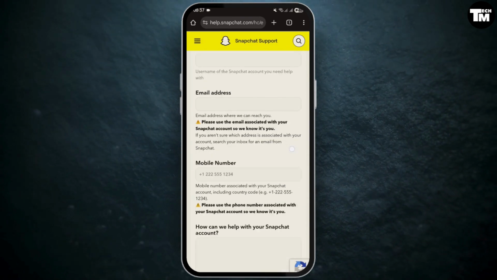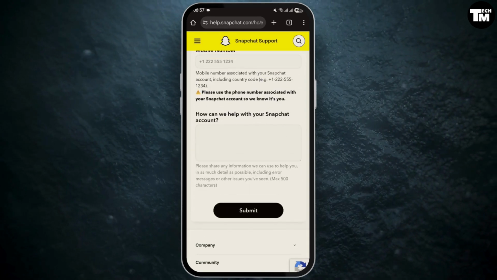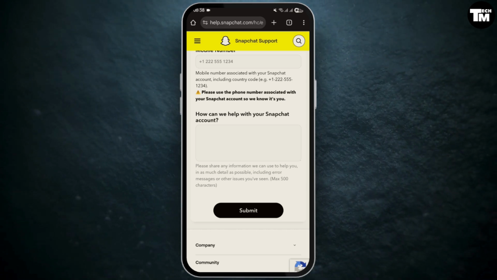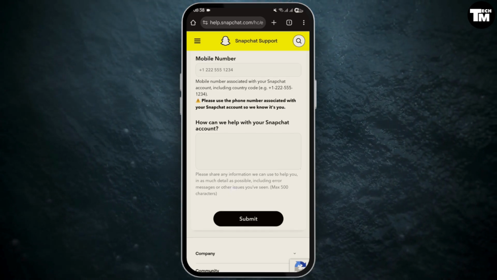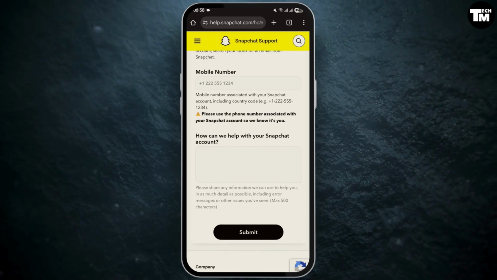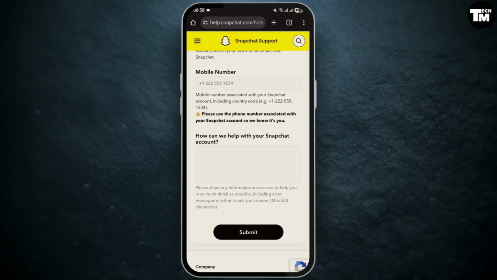Select your email address, your phone number, and the description of your problem. You can mention what happened with your phone number that you cannot access your Snapchat account. Once done, select submit and make sure that you have entered the email address that you have access to in the form,